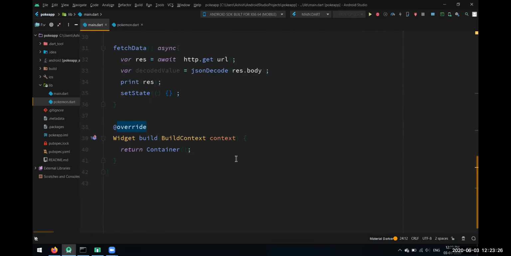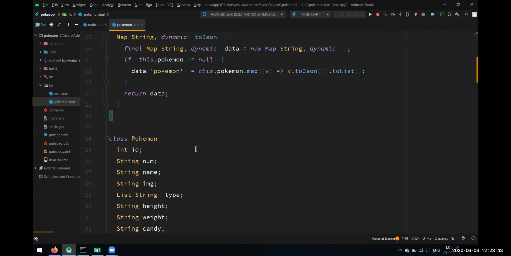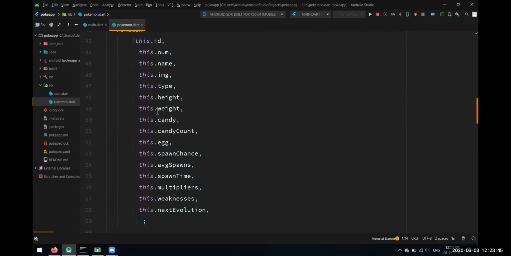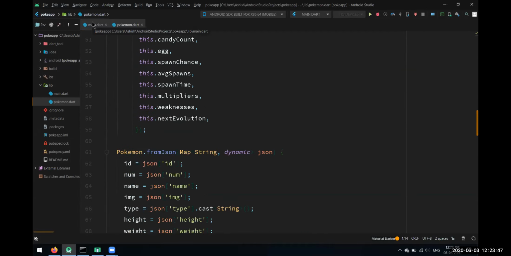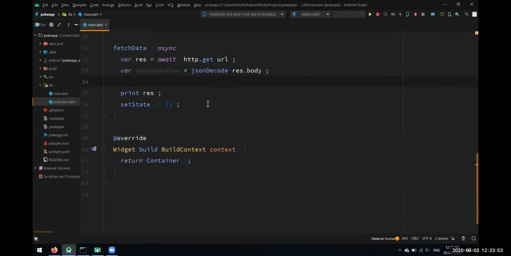Okay, we got that PokeHub object. Now whatever decoded value we are getting, we'll store that instance into the PokeHub class, because we have the whole constructor and everything in that class. That's why we imported it. So let's see how we'll store our data inside that class.